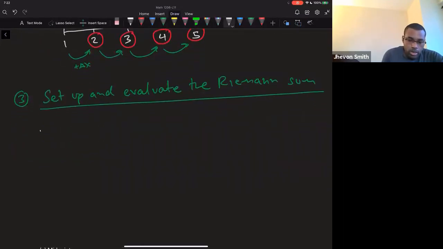So here my area is approximately equal to the right-hand approximation with 4 subintervals,